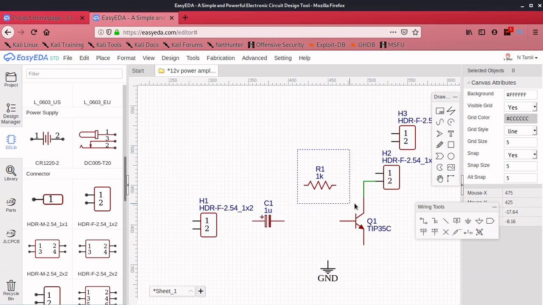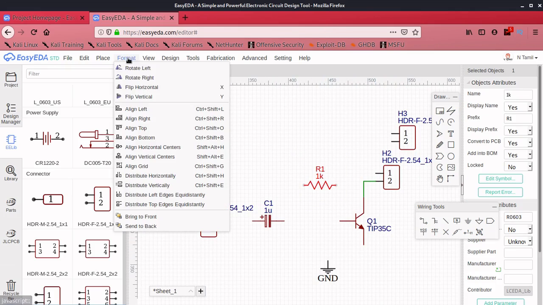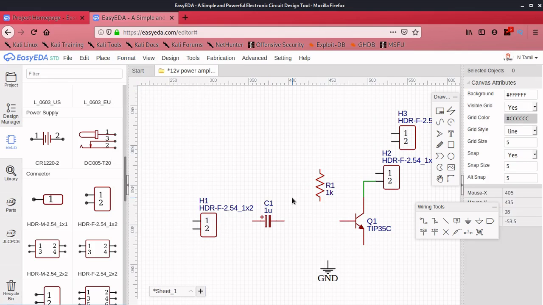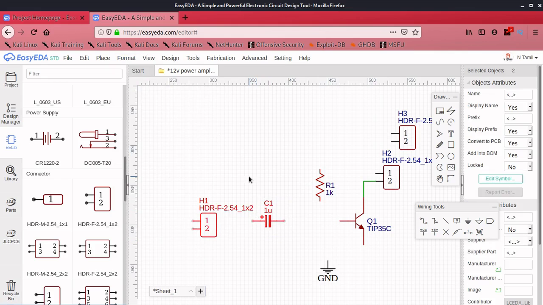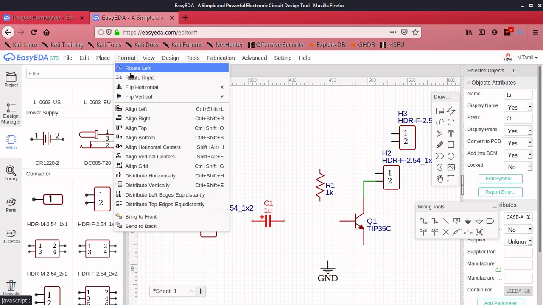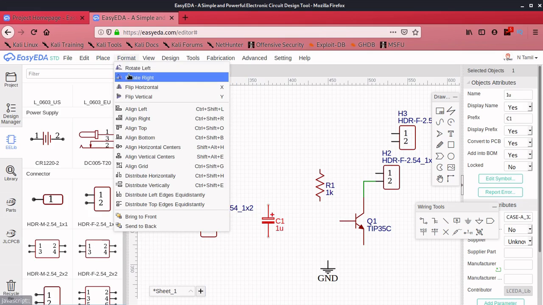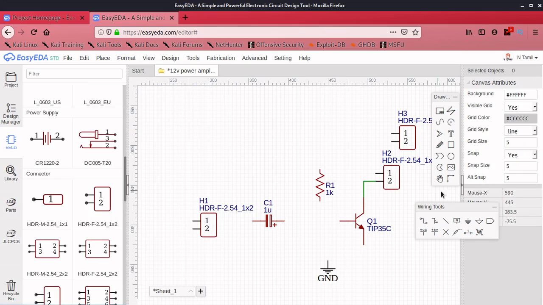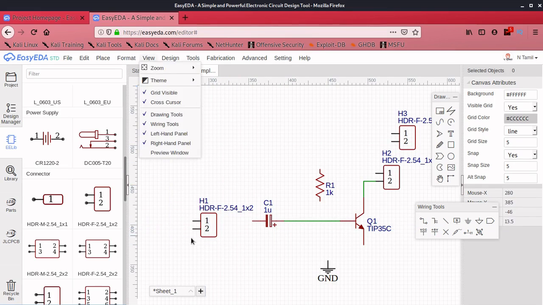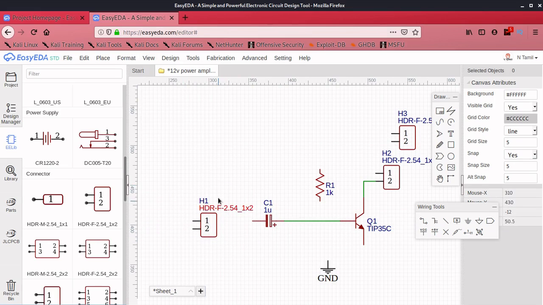After that I can choose my resistance, click on the left and fix it here. Then I can choose the capacitor and rotate. Okay, finished. Then I can choose my wire to connect this, and I can rotate my audio input.